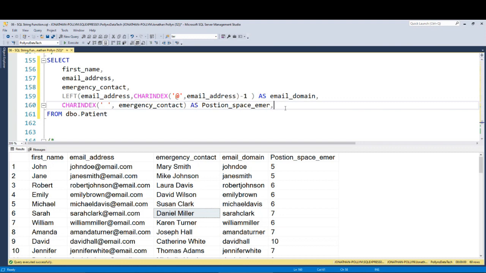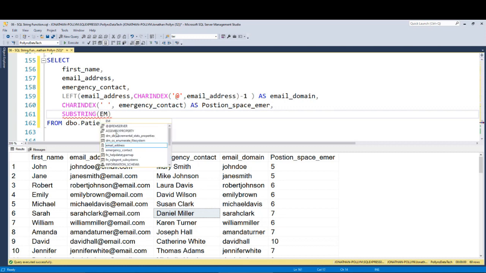I can still use a left or a right. Sorry, I take that back, no right. I can either use the left or a substring. Last time I used left, so let's use the substring this time. I do substring, open and close the parentheses, and come down here. My string that I am looking for is the emergency contact, comma. My starting position is always 1, because everything will start from the same position. So I will say 1, comma. Now,